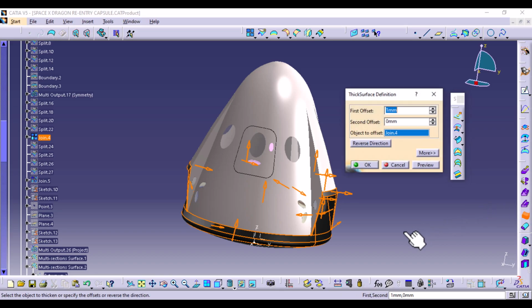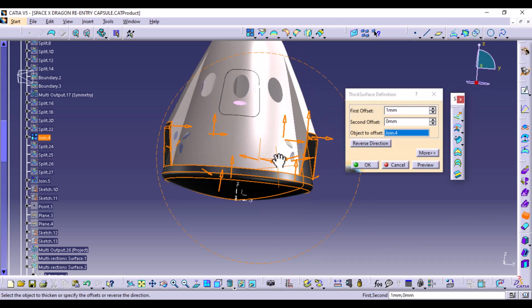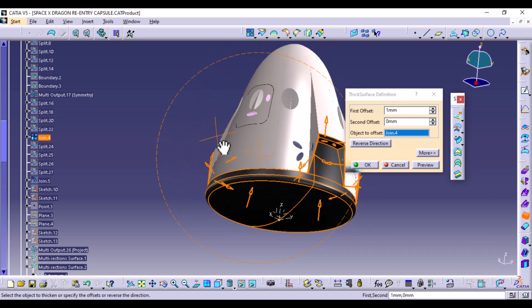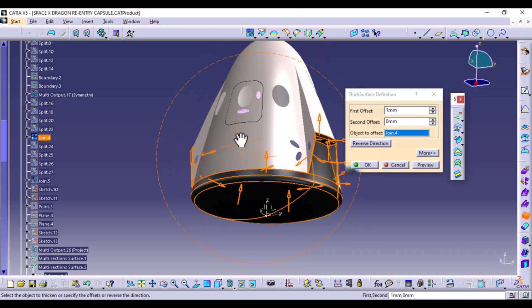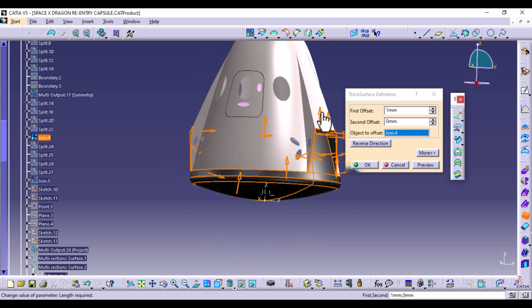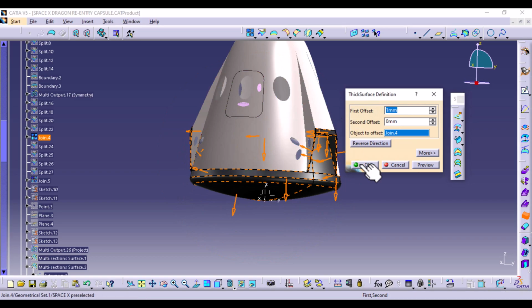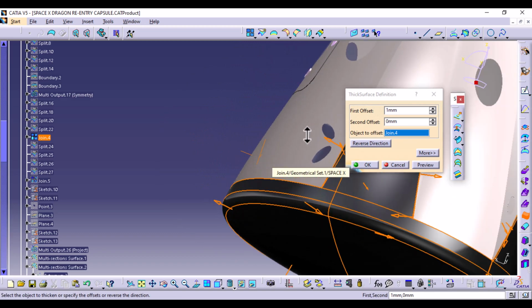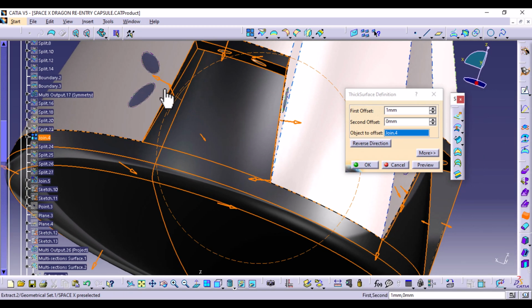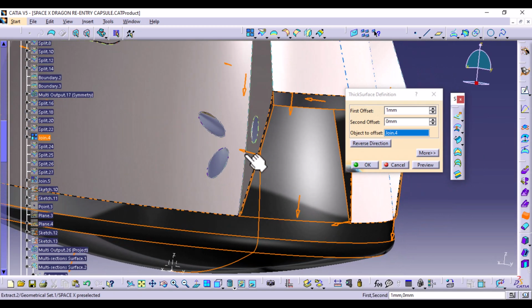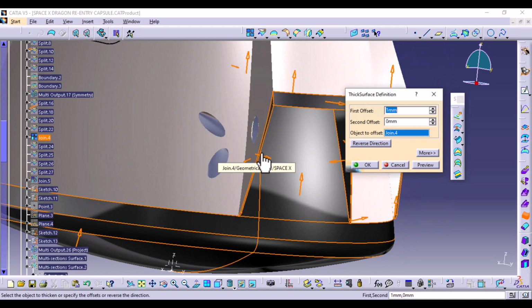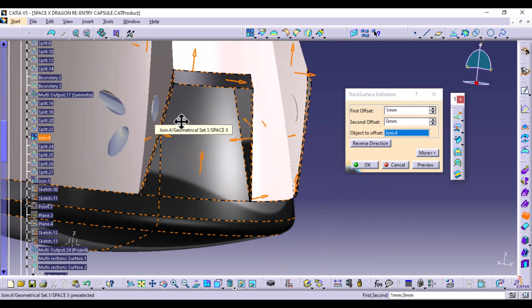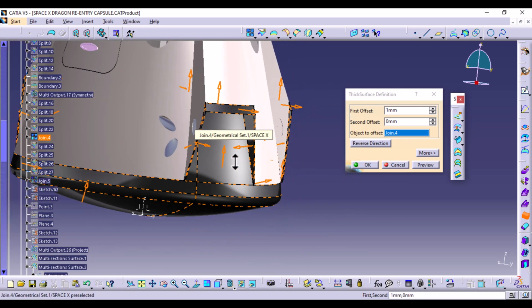Use thick surface option. And hold on, let me reverse this. So the arrows, especially when it comes to this place, I need this to be facing the other side. Okay, so this was the thin surface. They are close together, so I need this to extrude outwards